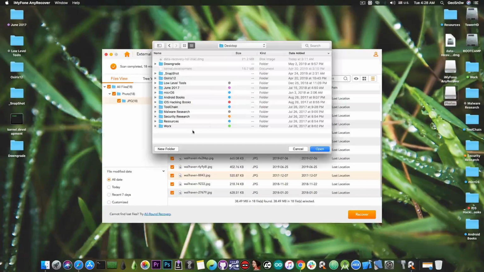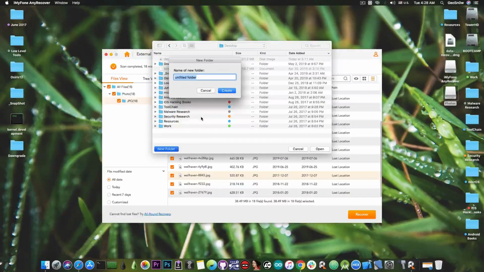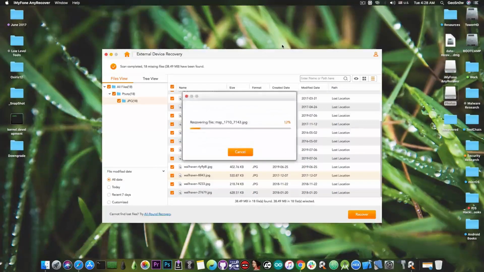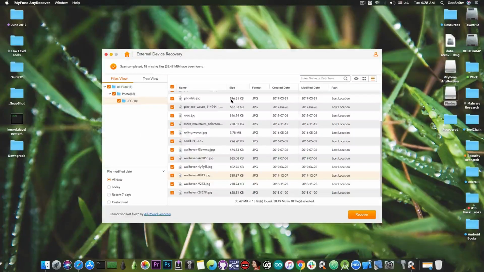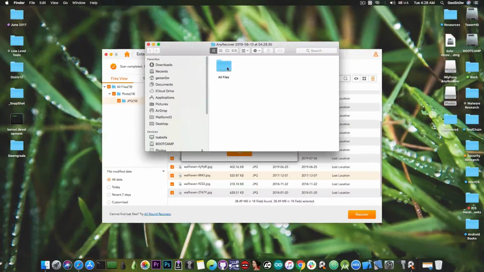Now I'm going to try to recover all of them in here, so I'm going to press recover, and in order to recover them, I'm going to make a new folder, and I'm going to say recovered, like this, create, and open. So it's recovering the files in here, and there you go. That was basically it, and all my files are now in here,